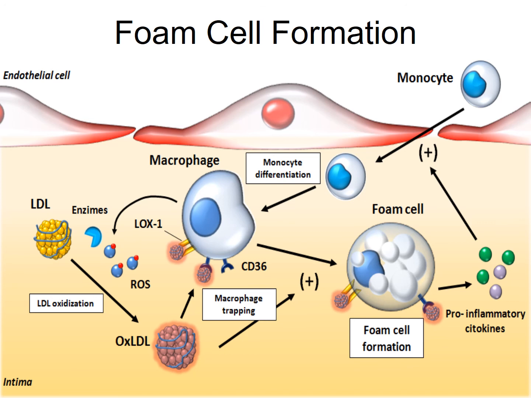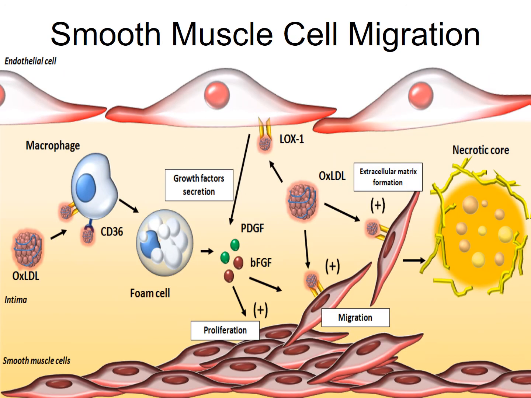Remember, the cytokines are what we talked about with chronic inflammation. So they're going to be activated and start sending signals that spur the idea that we have an inflammatory process going on here. Then we start seeing a migration of these muscle cells into this necrotic core, which, eventually, you get the foam cell in there and all the LDLs and all that stuff in there, and you start forming this core underneath the intima of the blood vessel.